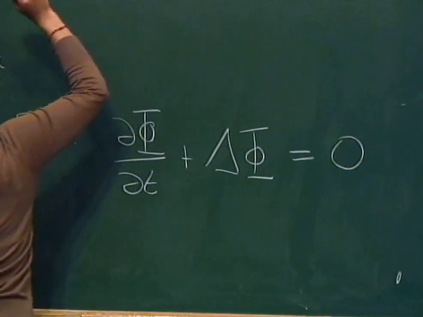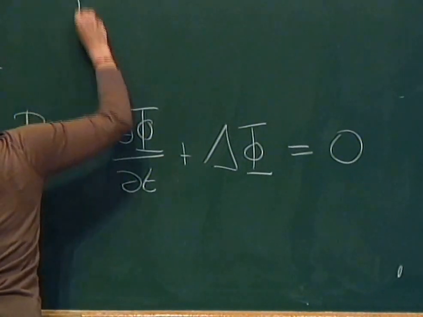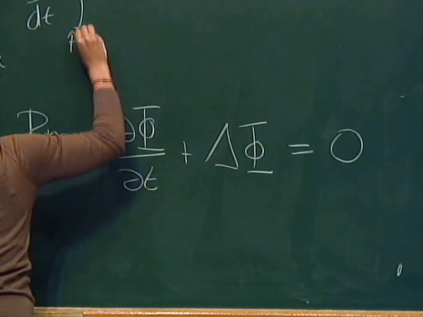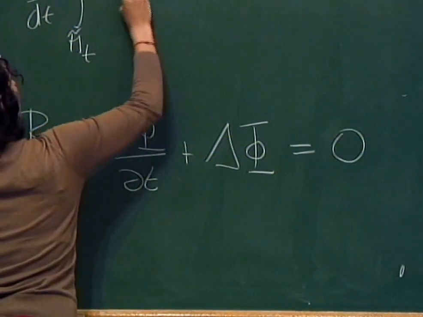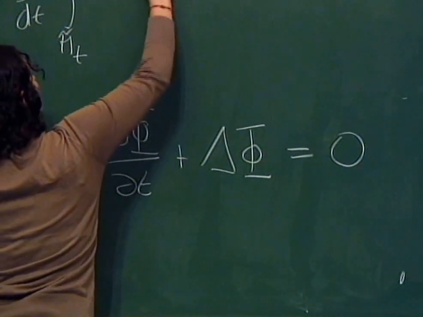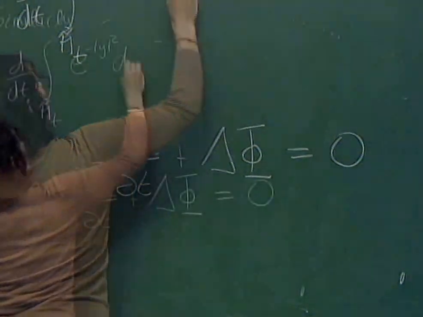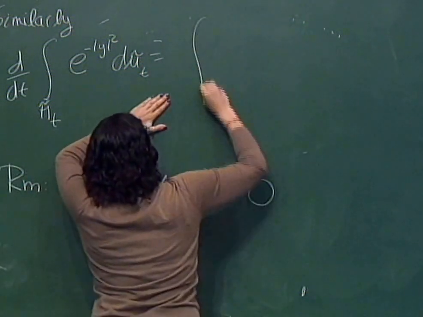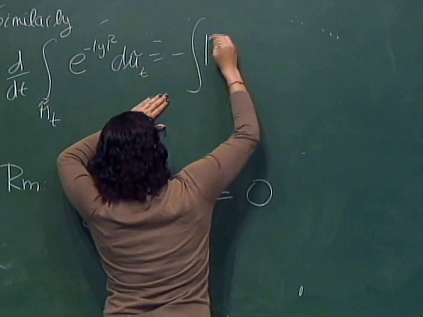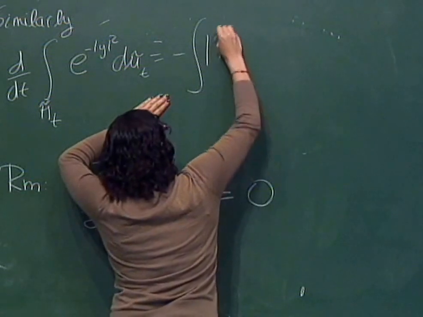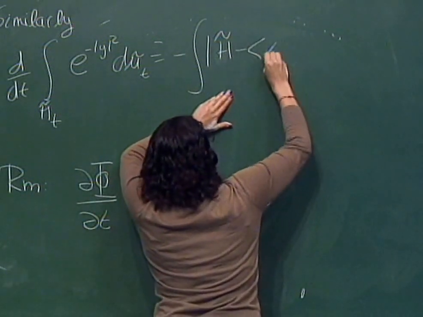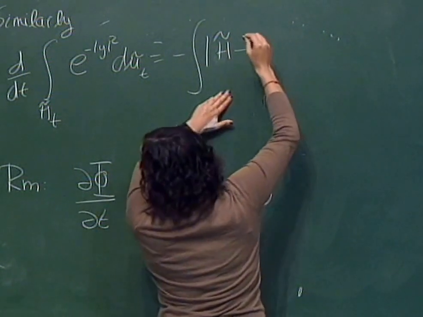It's even simpler in that case. The d/dt of m tilde, so this is a rescaled one, e to the minus y squared mu tilde t, H tilde t minus